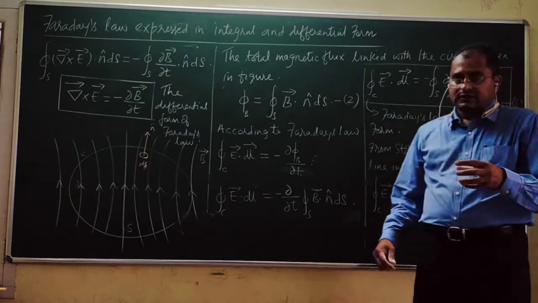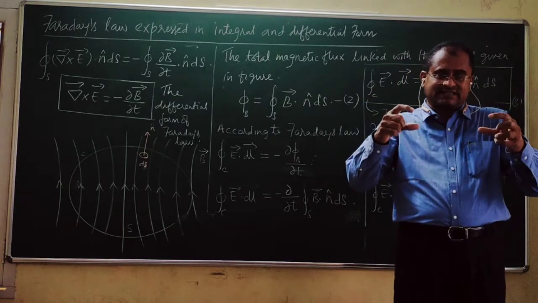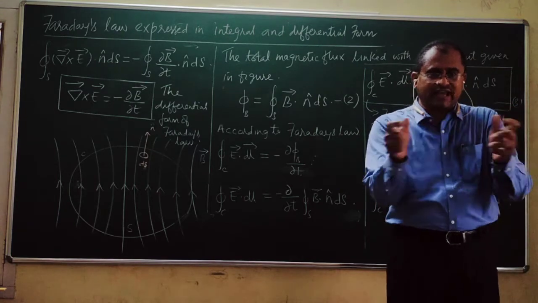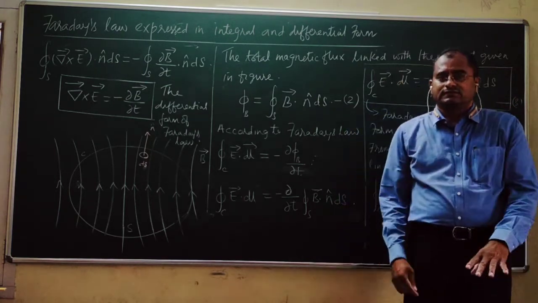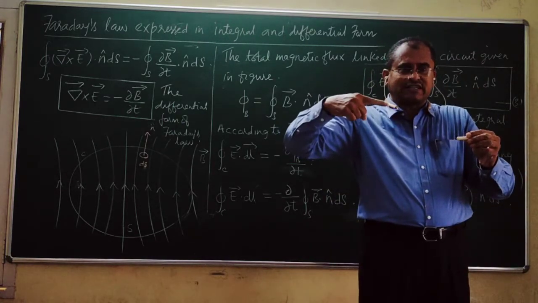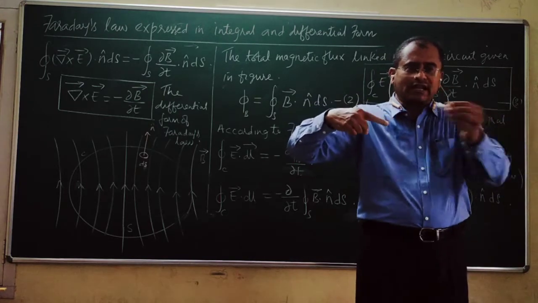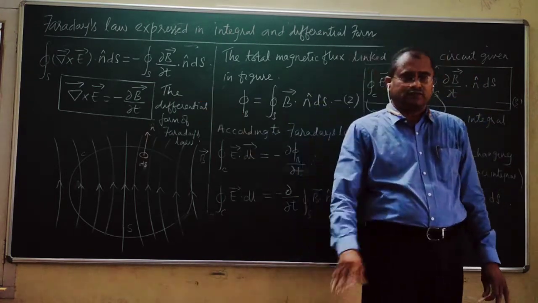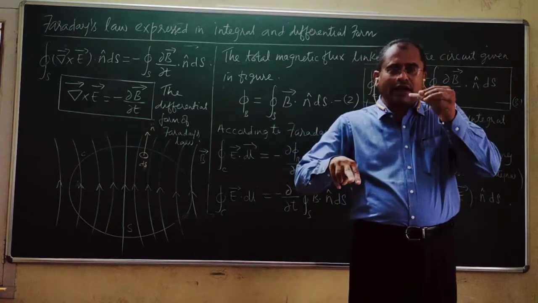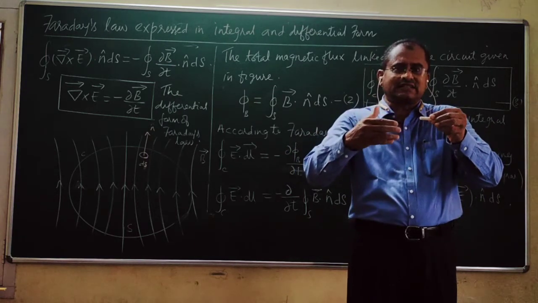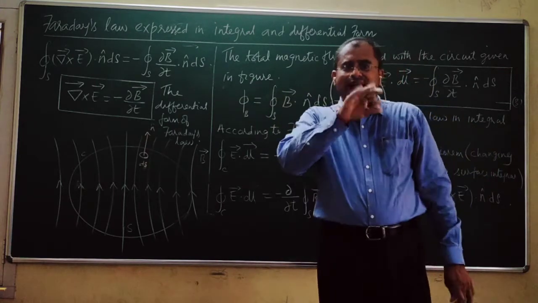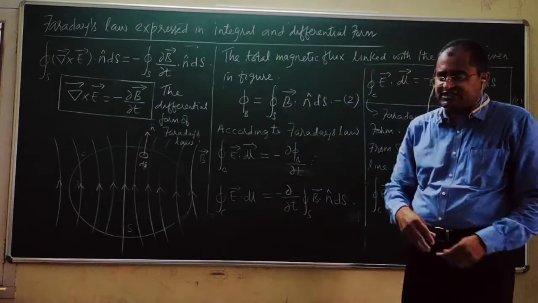If the coil is at rest, the magnetic field is constant, and a circuit is moved there, induced EMF will be produced. Let me repeat it clearly. A constant magnetic field is there, you are moving the coil, induced EMF will be produced. No doubt, because flux is changing. Second case, the coil is at rest, the circuit is at rest, the magnetic field is changing, you are moving the magnet towards or away fast. Magnetic field is changing with respect to time, induced EMF is produced.